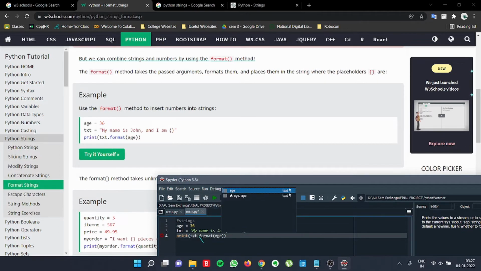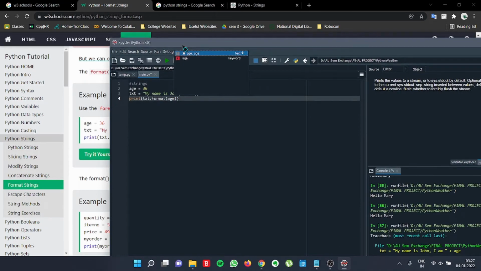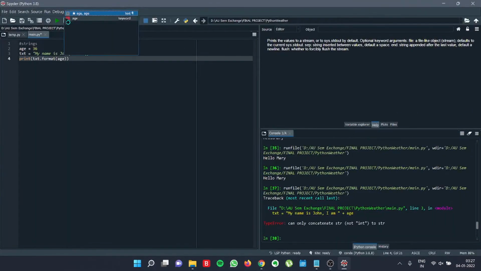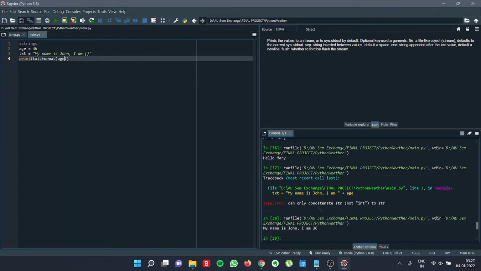Now when we click enter, let's see what it does. You see, now it perfectly gives us the output, that is, my name is John, I'm 36. And it's beautifully written code, because the format word adjusted the integer value into the string